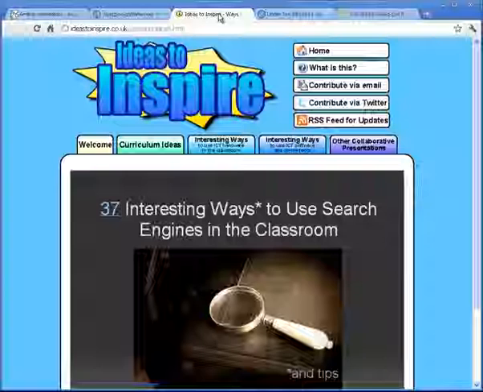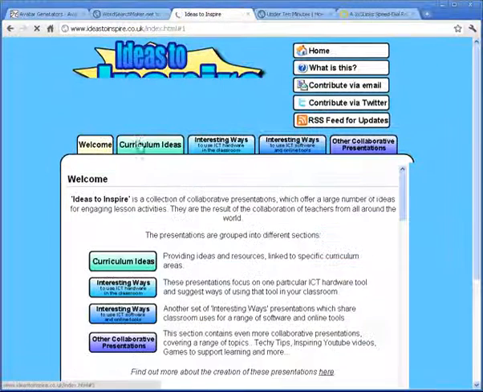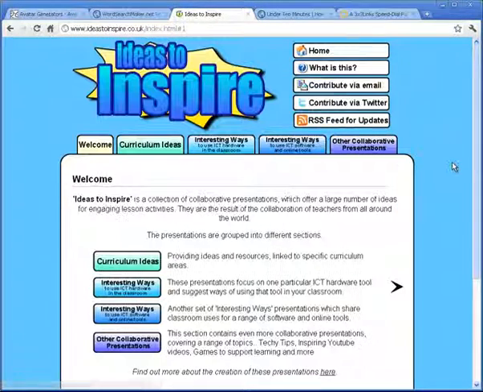A few other sites. This one is massive, to be honest. It's Ideas to Inspire. A lot of the presentations on here originally started by someone called Tom Barrett, who has thousands of followers on Twitter, absolutely brilliant at sharing ideas, and he had the Interesting Ways series. And they've been collected into this website here called Ideas to Inspire. Now the idea